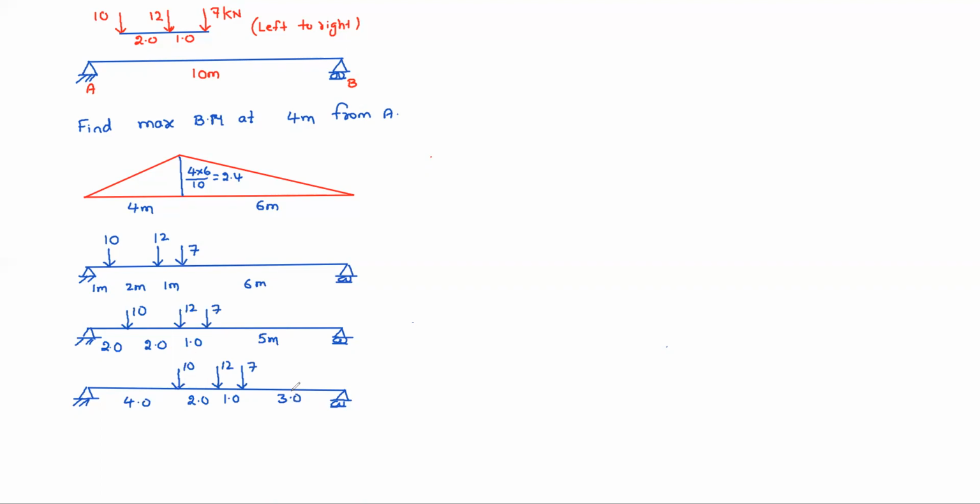So every time no need to calculate here. One simple logic is there. Very simple logic, that just see here. Form a table like this. Crossing load, average load on left side, average load on right side. Suppose that 7 kilonewton is just crossing the required section. Required section is 4 meters from A. The required section is this one.